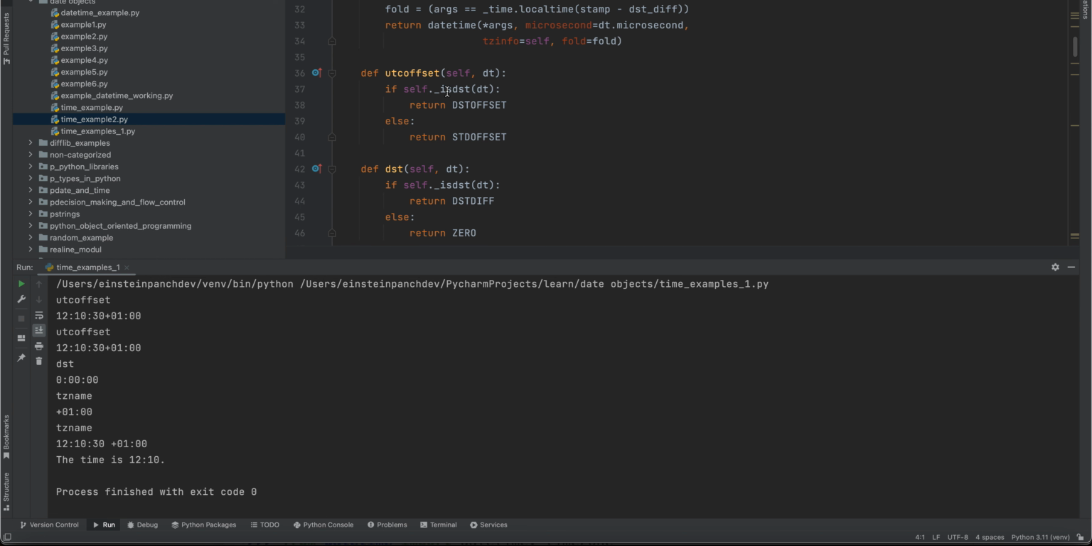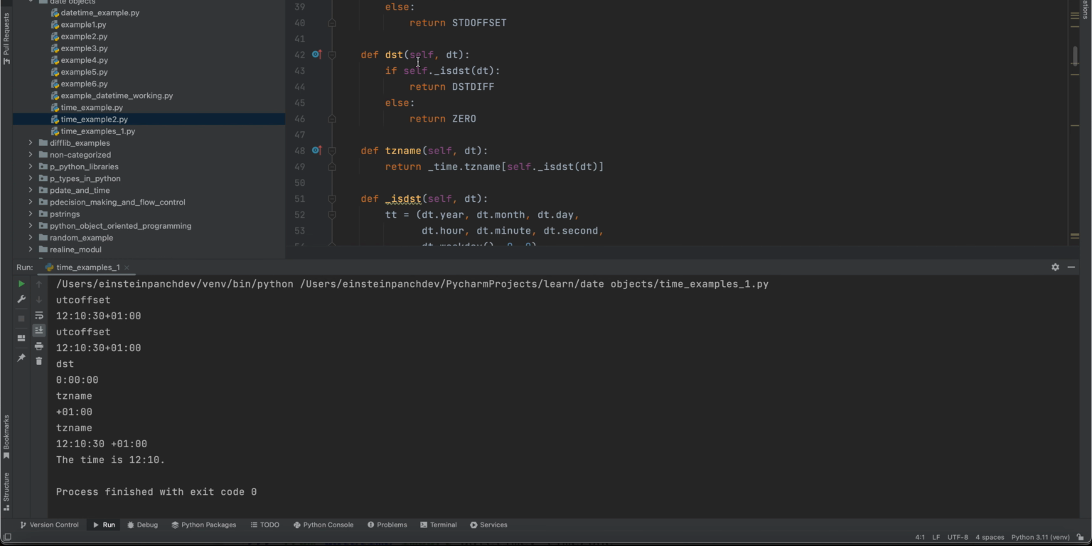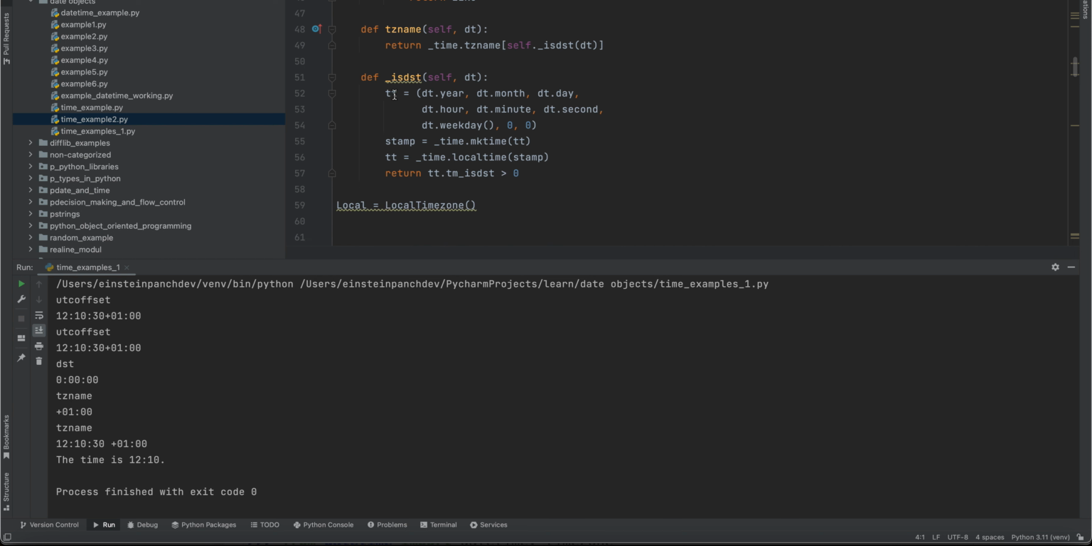def utcoffset(self, dt): if self._isdst(dt), return dst's offset, else return std_offset. def dst(self, dt): if self._isdst(dt), return dst_diff, else return 0. def tzname(self, dt): return _time.tzname[self._isdst(dt)]. def _isdst(self, dt):